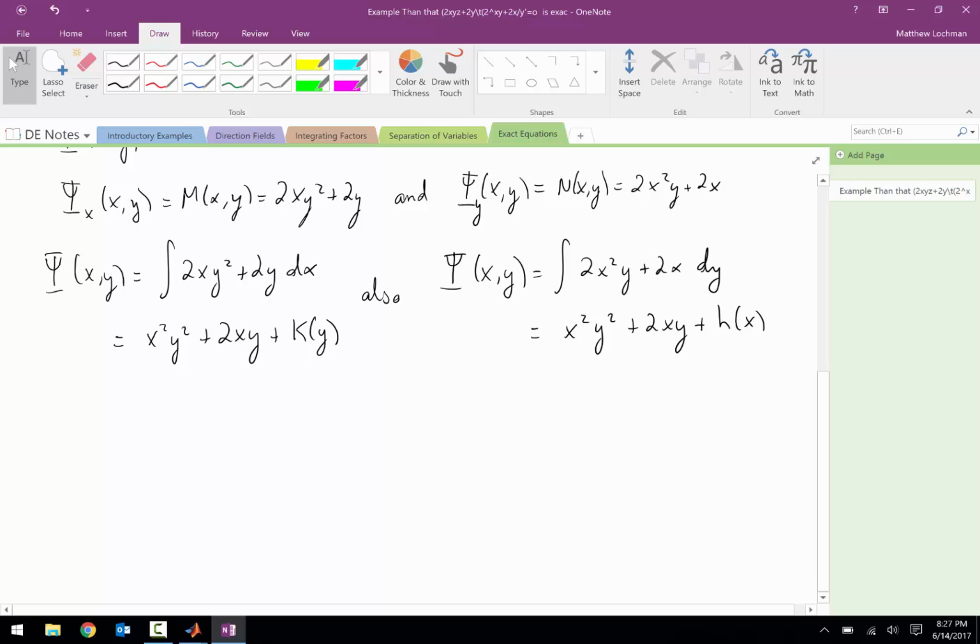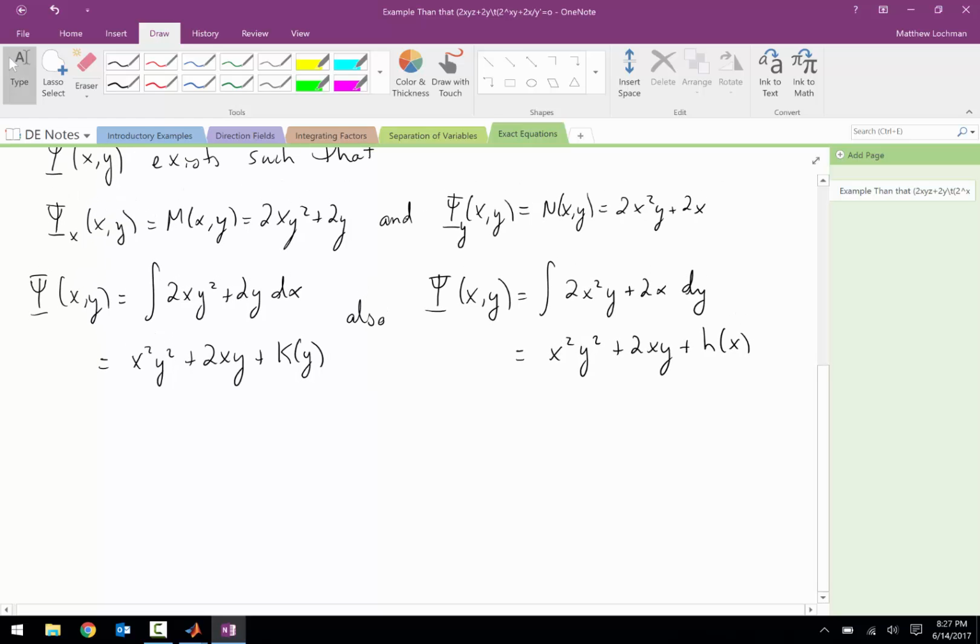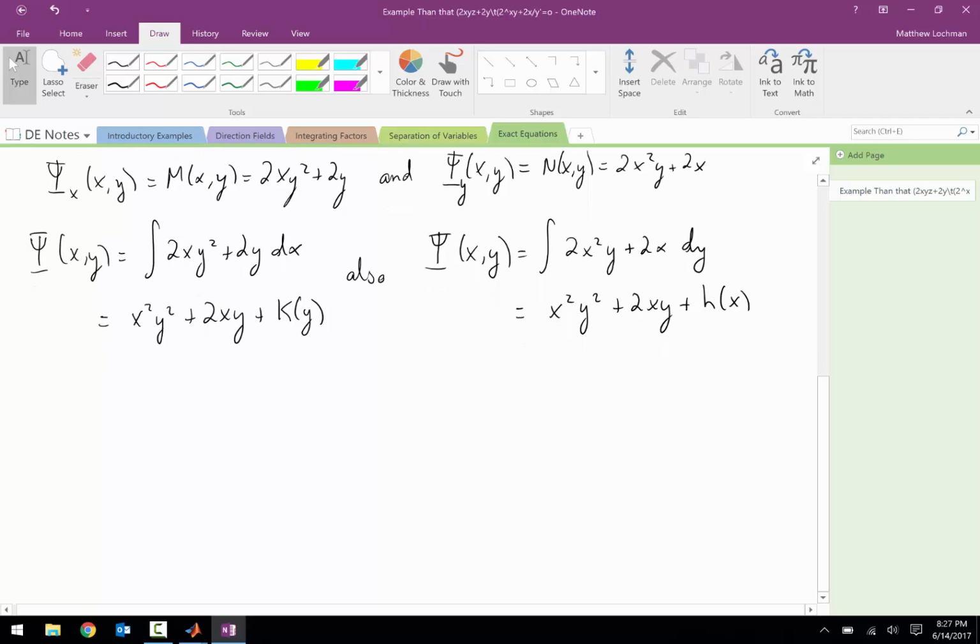Okay, so we have these two equations, we integrate them, and what that says is that the function itself, phi, has to be equal to both of these things. So these things have to be the same thing. All right, so comparing them, there's a whole bunch of different ways for these two things to be equal depending on what we choose for those integrating functions. Okay, you can pick anything you want. All that matters is that you find a solution. Okay, so they'll be equal